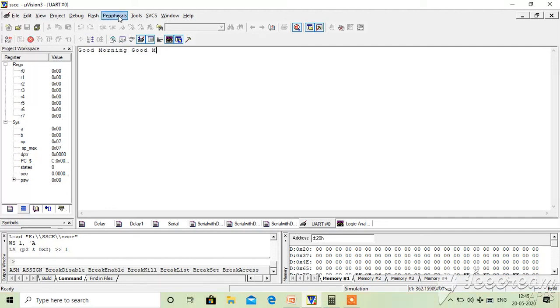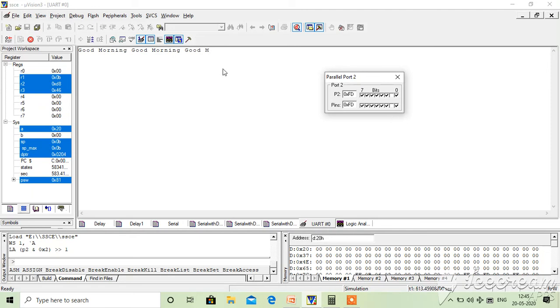So to change the port pin, go to peripherals, IO ports, port 2. This is port 2. Okay. So this is port 2.0, port 2.1. Now you make it 0. If it is 0, it's supposed to send Sai Ram College. Next time, see, now it is sending Sai Ram College.